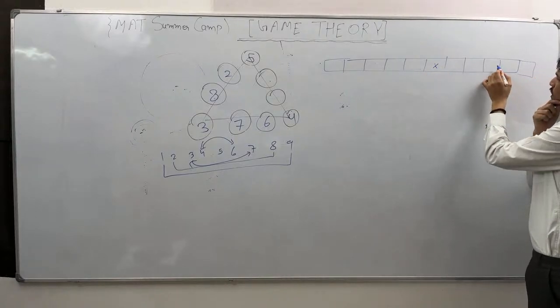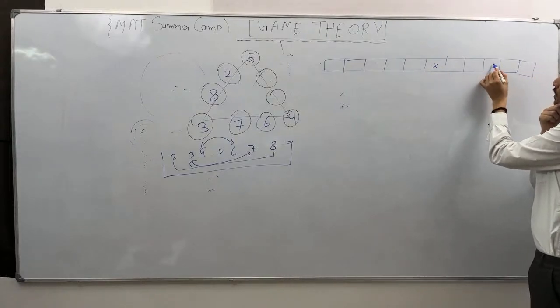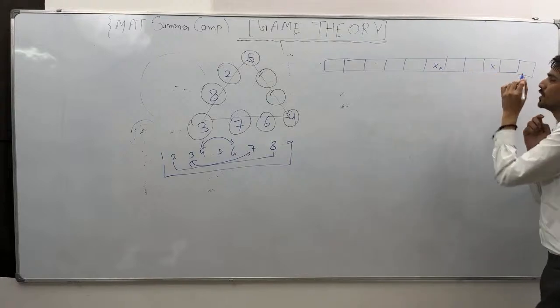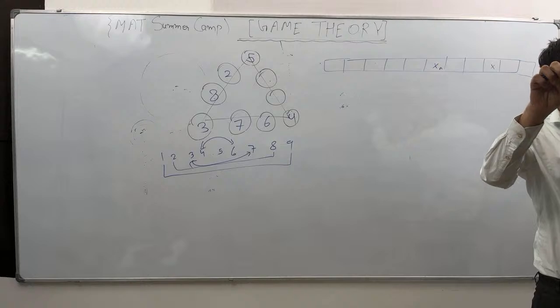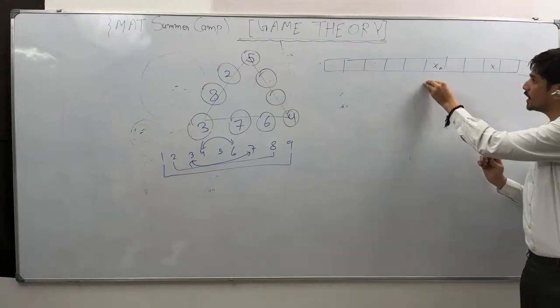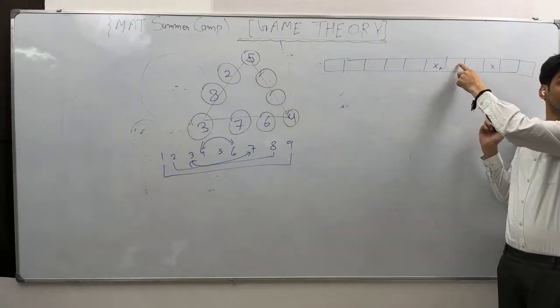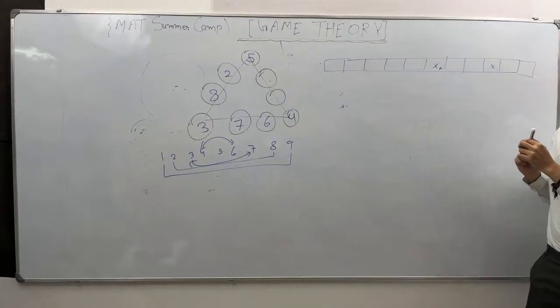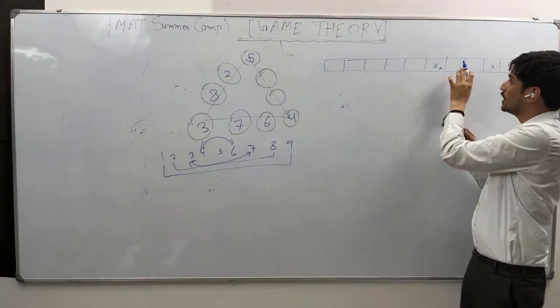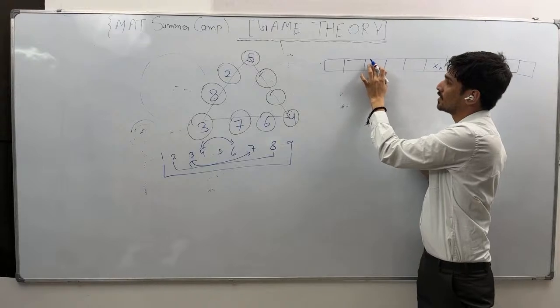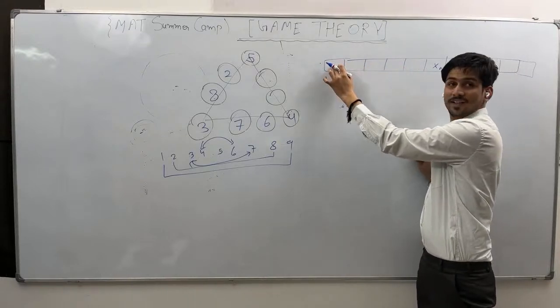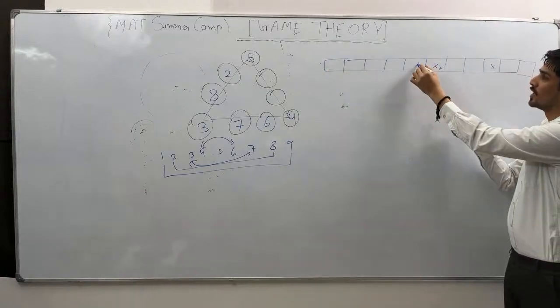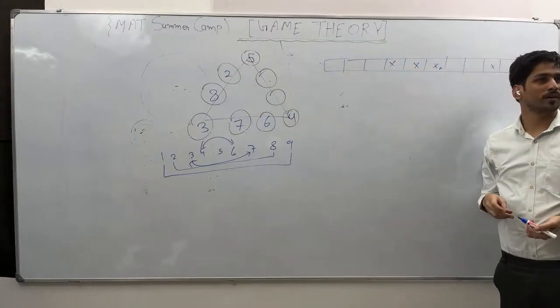Let's say A is putting here. Okay. Let's say this is A, then B is putting here. Next, your turn, right? Whoever gets 3 consecutive crosses will win the game. So you are putting here, I'll put here, because I cannot put here. Where will you put? Here? If you put here, then I'll put here, I will win.